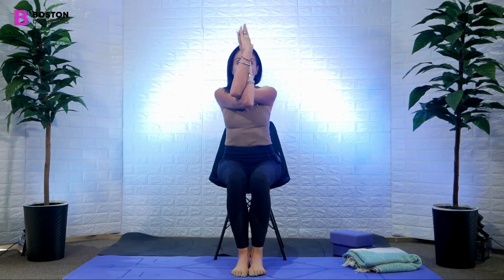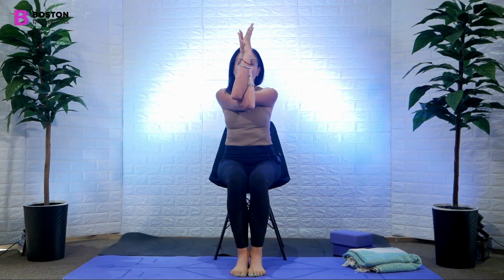Again, lifting up through the sitting bones, allowing the spine to lengthen, the crown of the head reaching the sky. And as you inhale, you're going to extend the arms out to the side walls. You're going to bring that right arm over left arm. Take it over and over and over, and then gently press the hands together, lifting them up. So you're reaching the elbows up, and you're going to use the peripheral vision like an eagle does to look